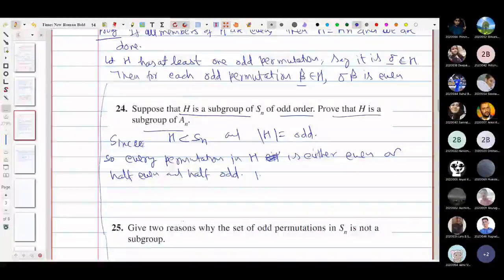In the latter case, when half even and half odd,